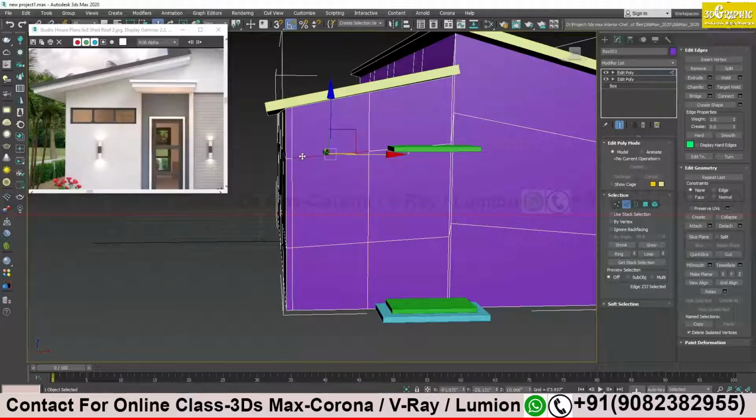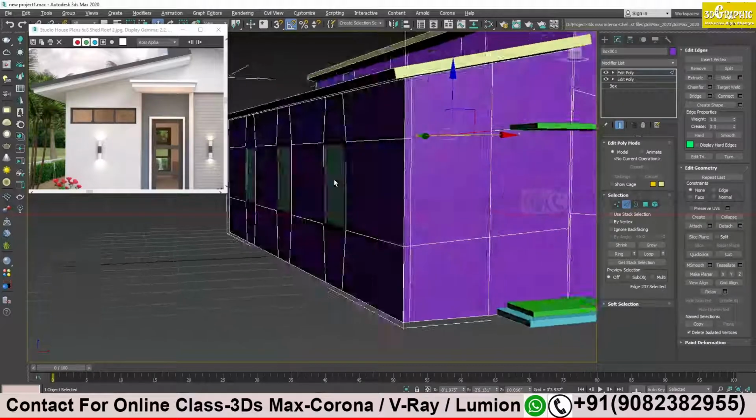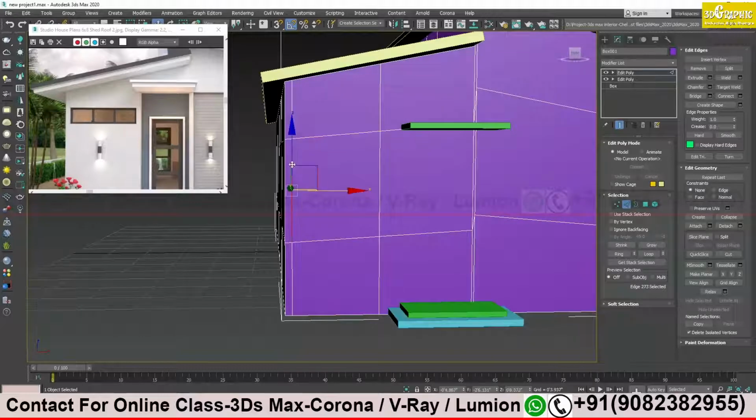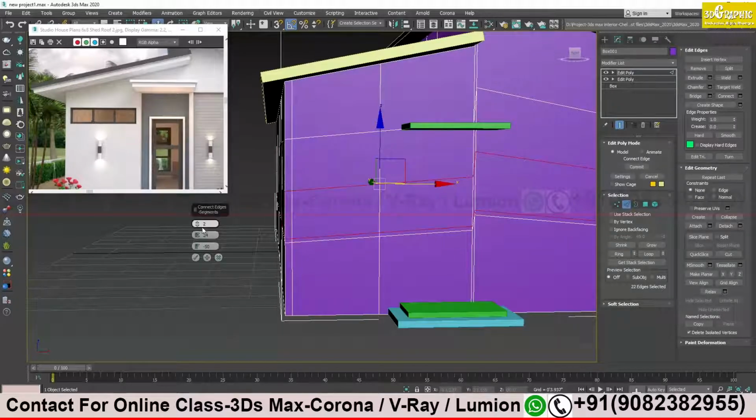I have one line over here, but this is not straight, this is aligned, so I will work on it, no problem. And I need another line. So to create another line, I will click over here. I select one edge over here and ring, and right click, and again I have to go to connect. This time I need only one. So I have to change these values over here, and then reposition the line a bit.